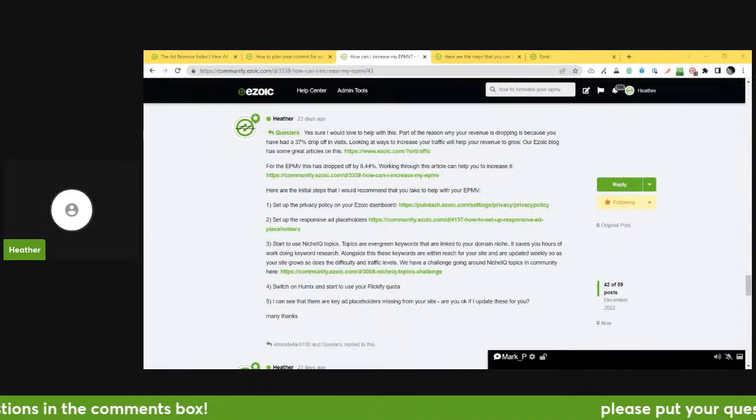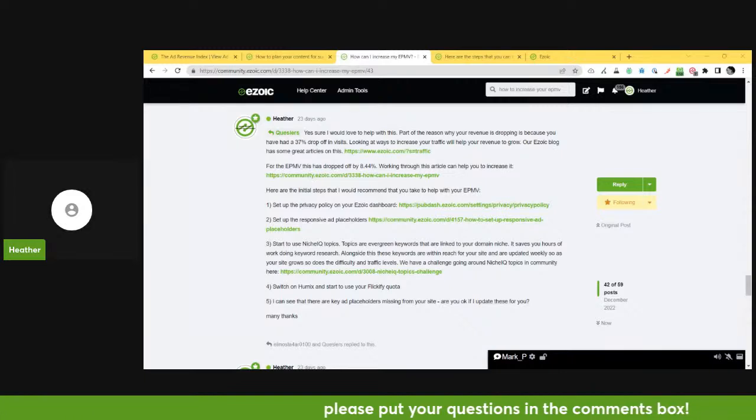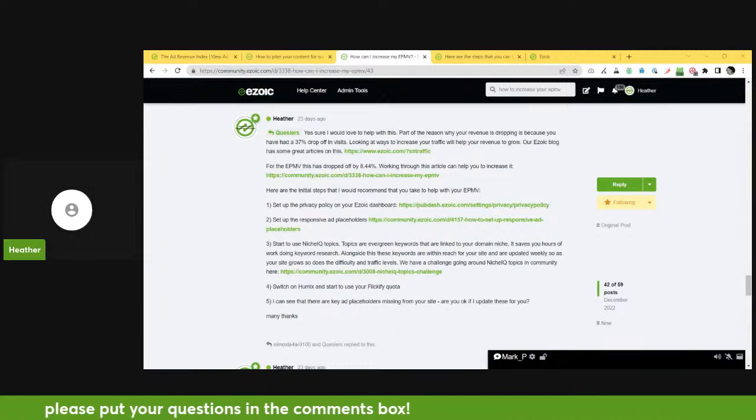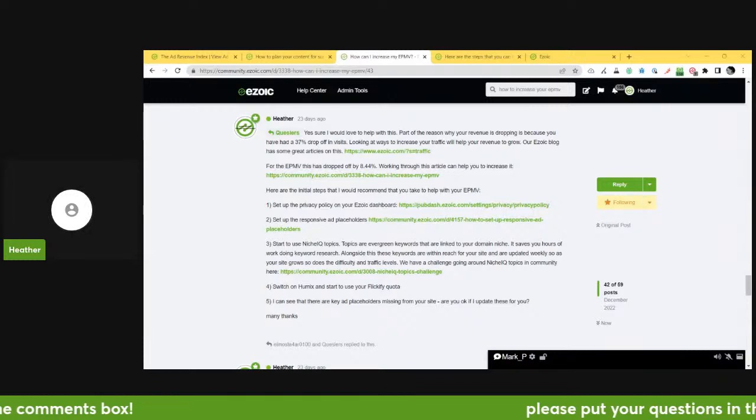And then the next thing to remember is that when you're attracting readers to your site, that sort of dictates the advertisers that are wanting to put ads in front of those readers.